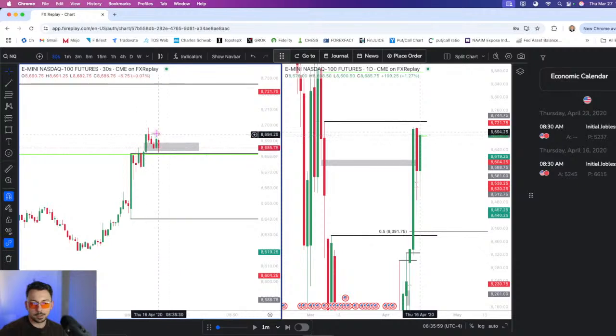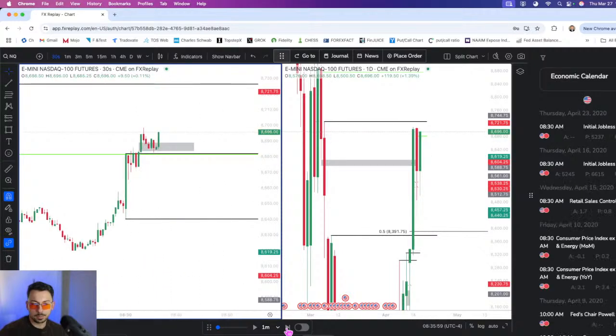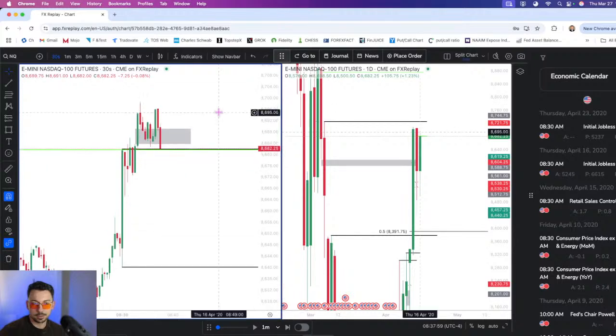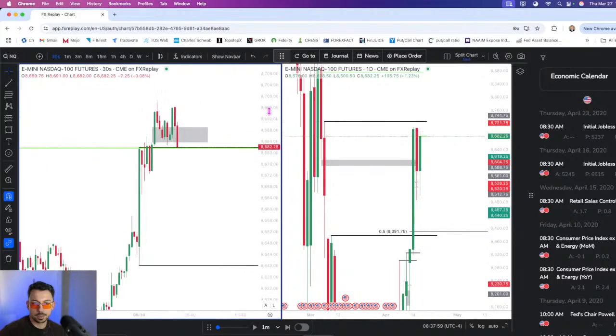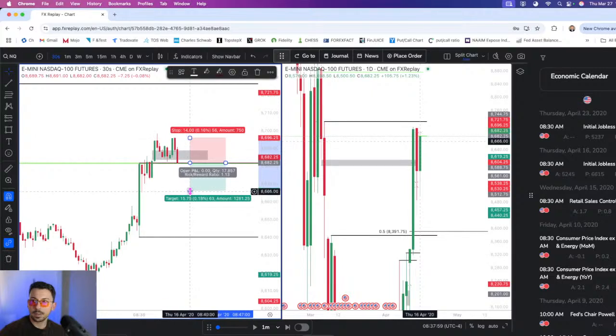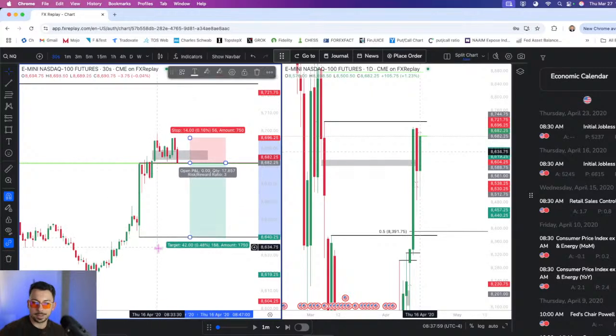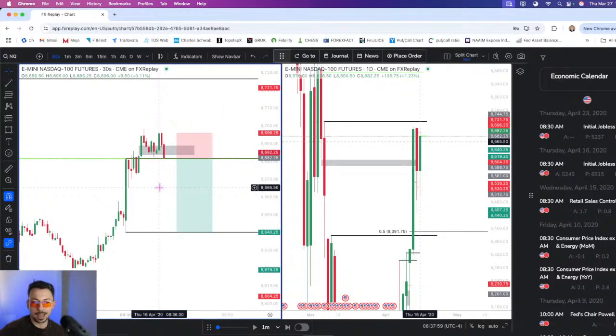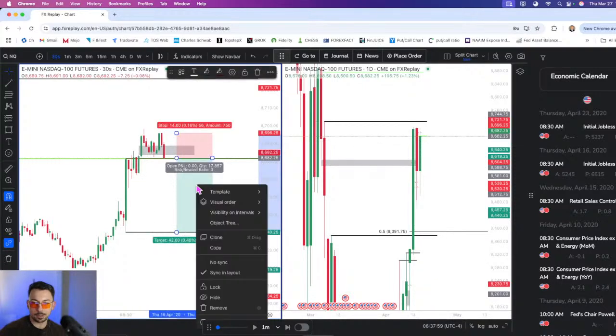So what do you guys think about this 30-second setup? Oh, bounced out of it. All right, what do you guys think about this? Yes, okay, very good. Hopefully we were both right here, but this is too good of a risk reward not to try. Stop to break even. I would most likely do it at this internal low, so 8673.75.